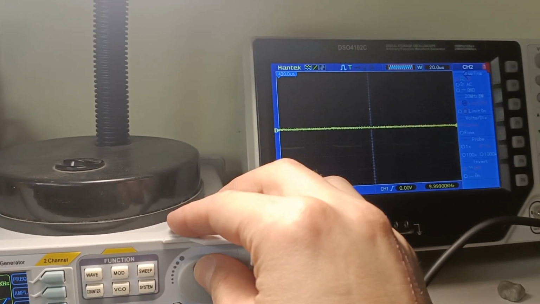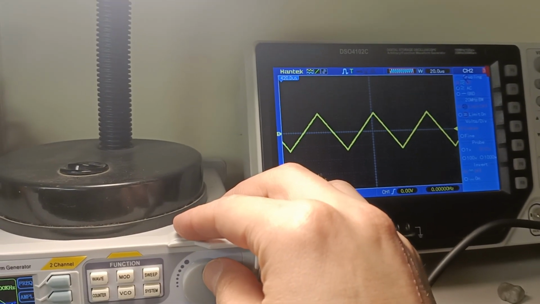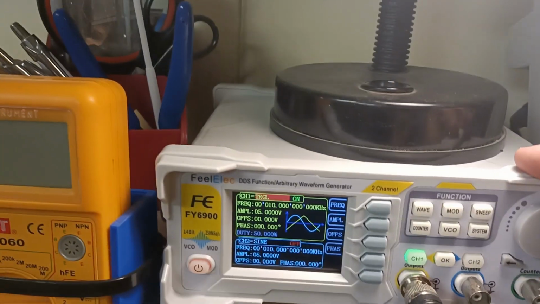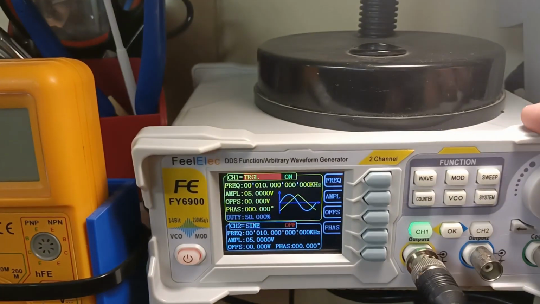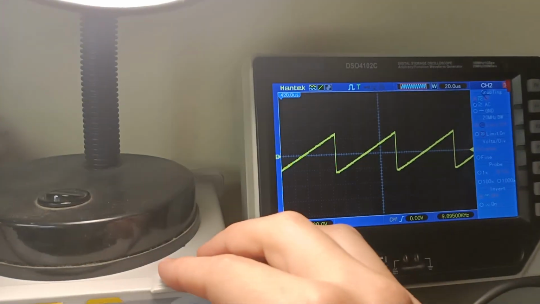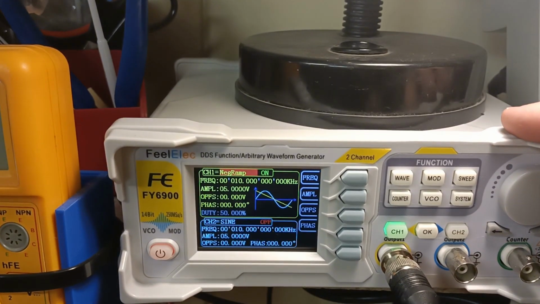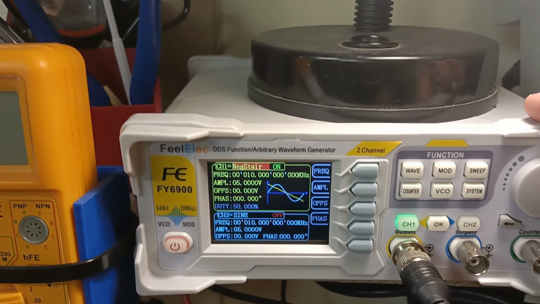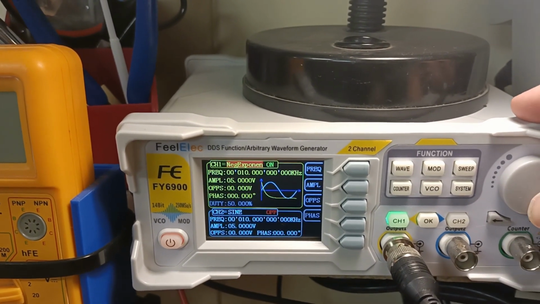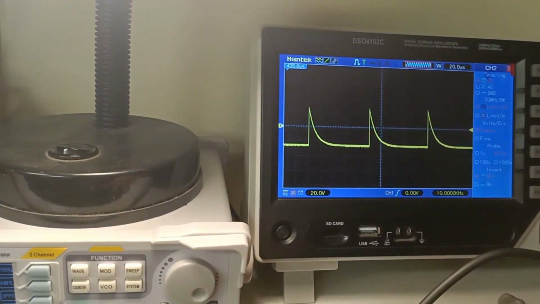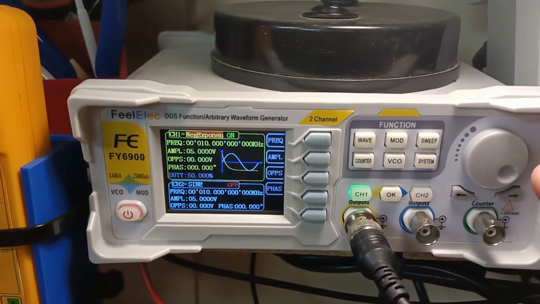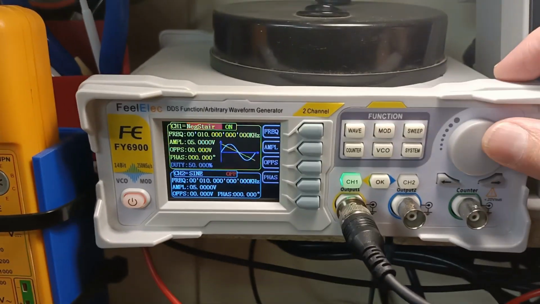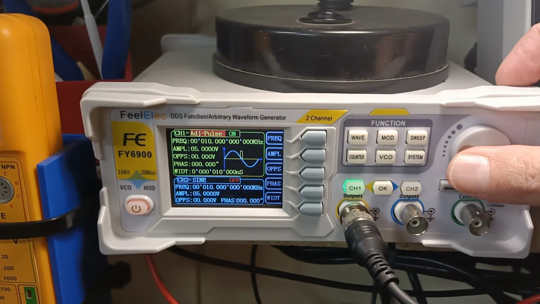So triangle, ramp, negative ramp, etc. So that's how we vary our wave shape. I'm just going to go back to a boring old sine wave now,